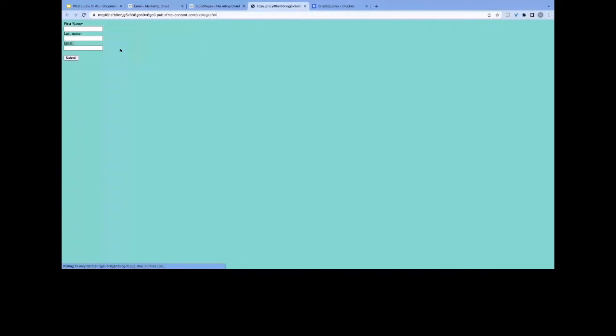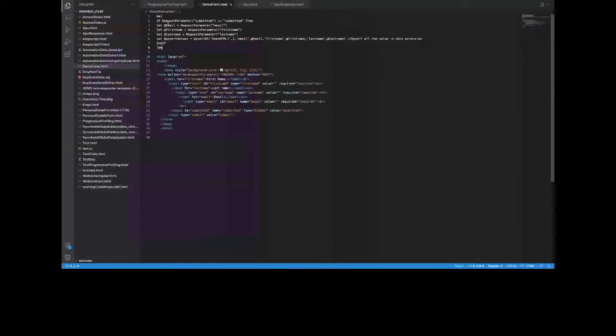Okay. So we have this form ready, and we can go ahead and use this wherever we want, either in your emails, or if you want to share it with your websites or something like that, you can do that. So we'll just understand what exactly we are trying to do here with our code. This is a simple HTML which is holding three fields: first name, last name, and email address, and a submit button. And what I'm going to do with these fields, once the user enters all these fields and clicks on submit,